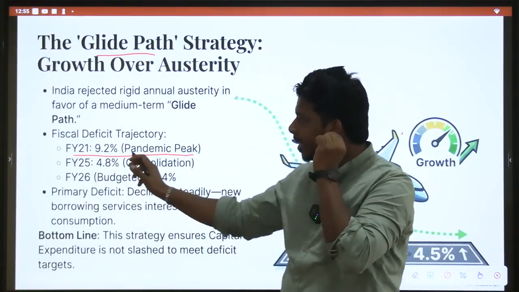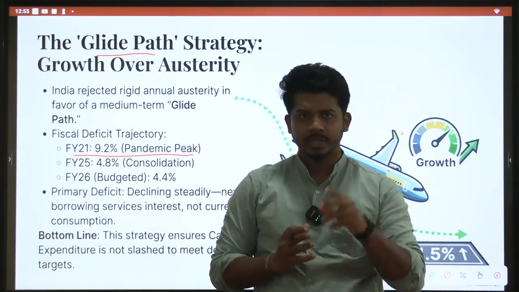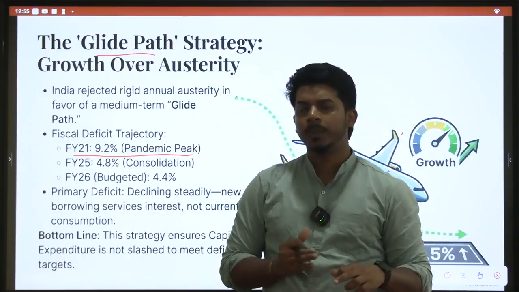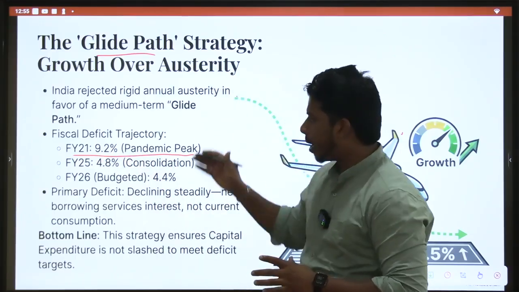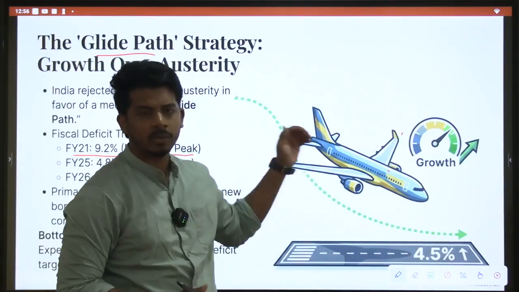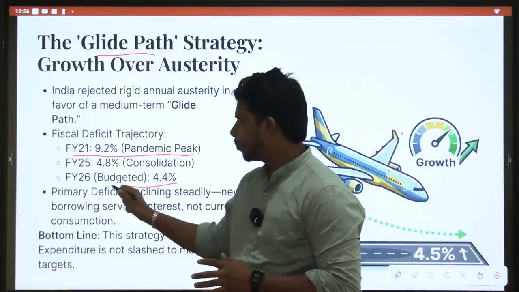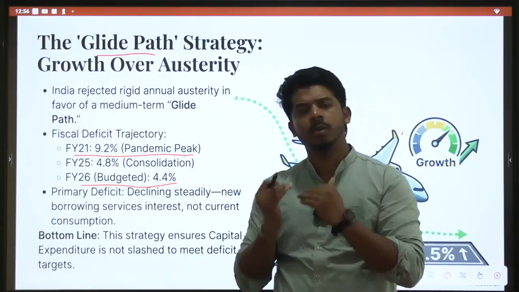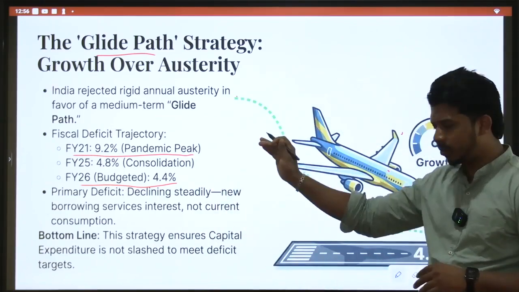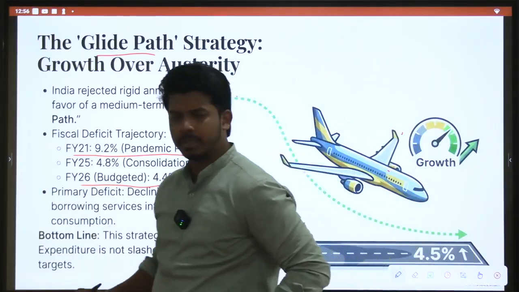That means if the fiscal deficit is high, our borrowings will also go high. That is the problem. Fiscal deficit means shortage of money, so we need to borrow. We are already having too much debt. So a high fiscal deficit is dangerous. So we have taken a glide path. From 9.2 we started decreasing. We will see the detailed picture in the next slides. This year it came to somewhat 4.4, so it is somewhat okay. We have gone to reasonable levels. So debt is decreasing slowly, our fiscal deficit is decreasing slowly. Then we will see primary deficit, etc.